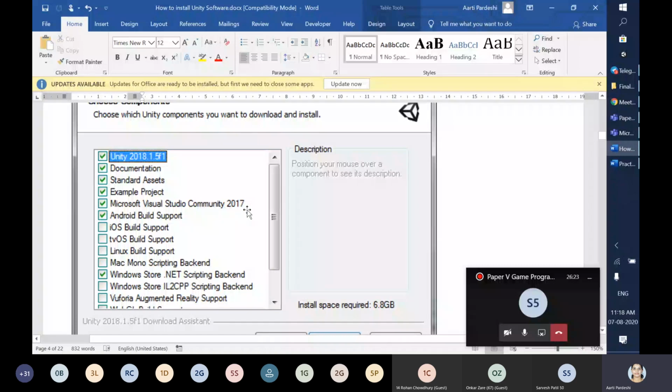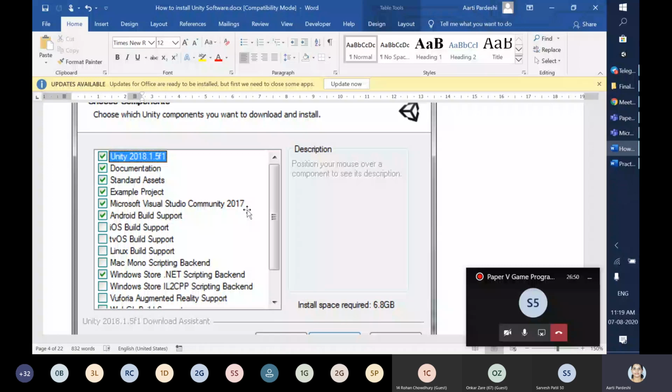So 17 is more than sufficient, and it's compatible. All we need to do is a little bit of C sharp coding. It's like Java functions, Java methods. We are going to require 2 or 3 methods in order to perform all these practicals. And for that we need an editor along with the whole IDE, integrated development environment, to do the coding part. So the GUI part, most of all, means Unity is going to focus 90% on the GUI and only 10% on the coding.